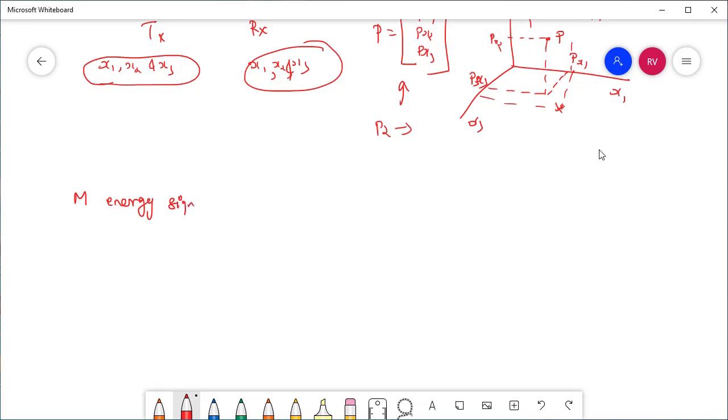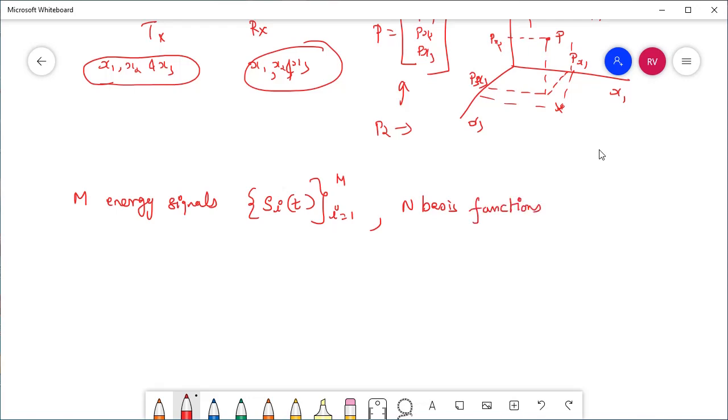I have m energy signals represented as Si of t, where i is from 1 to m. I have m energy signals and n basis functions. Signals and functions we use interchangeably, okay. N basis functions,